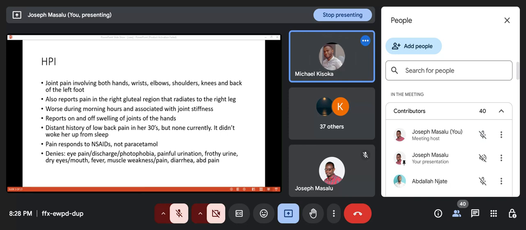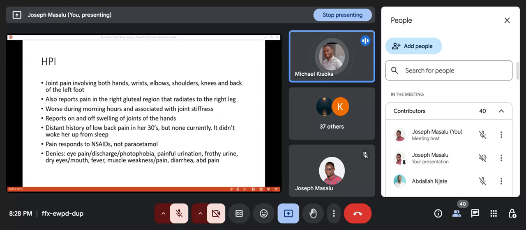Also, there is pain in the right gluteal region that radiates to the right leg. So I'm trying to think of involvement of the bones at this particular level. Probably there is an involvement of the pelvic bone, or there's a compression where the nerve is probably hinged somewhere here. But the joint pain was also in the morning hours and associated with joint stiffness. So this will point toward